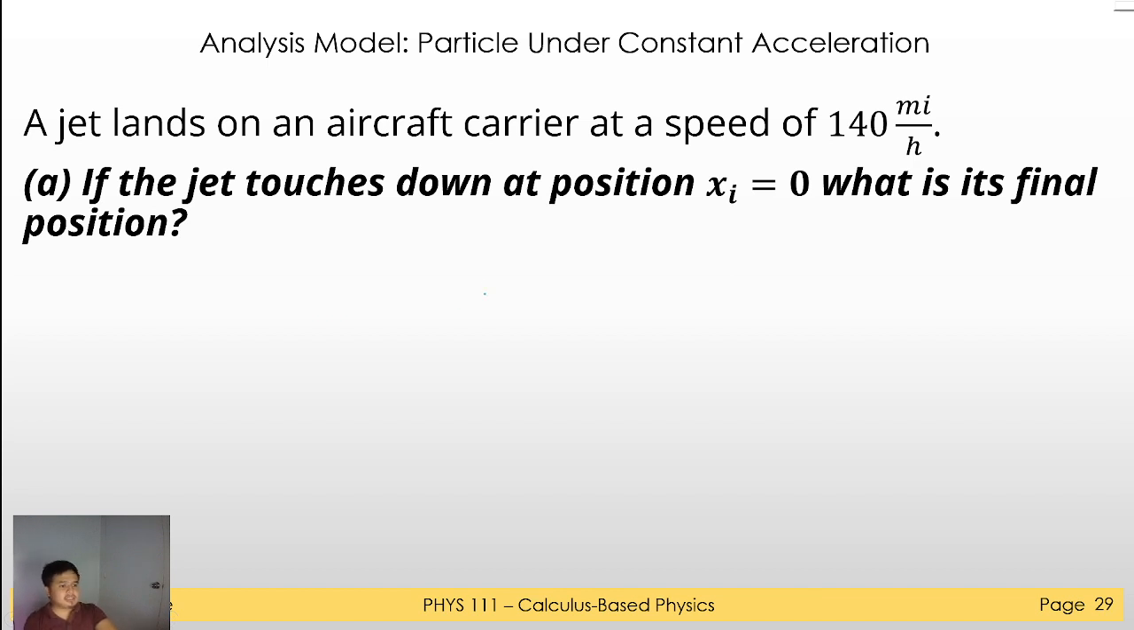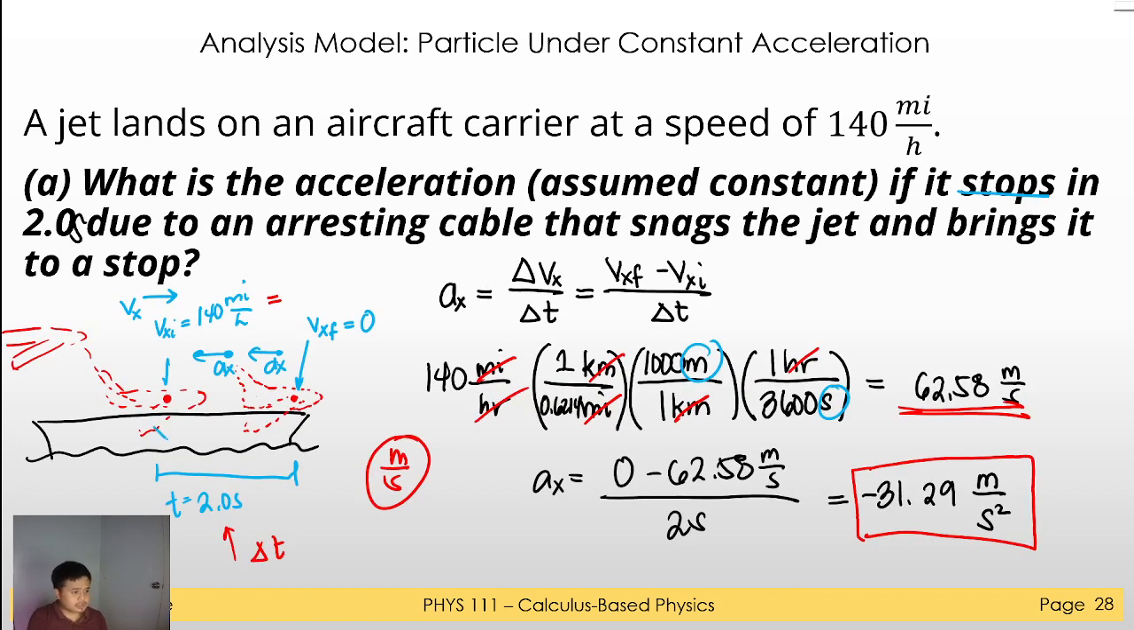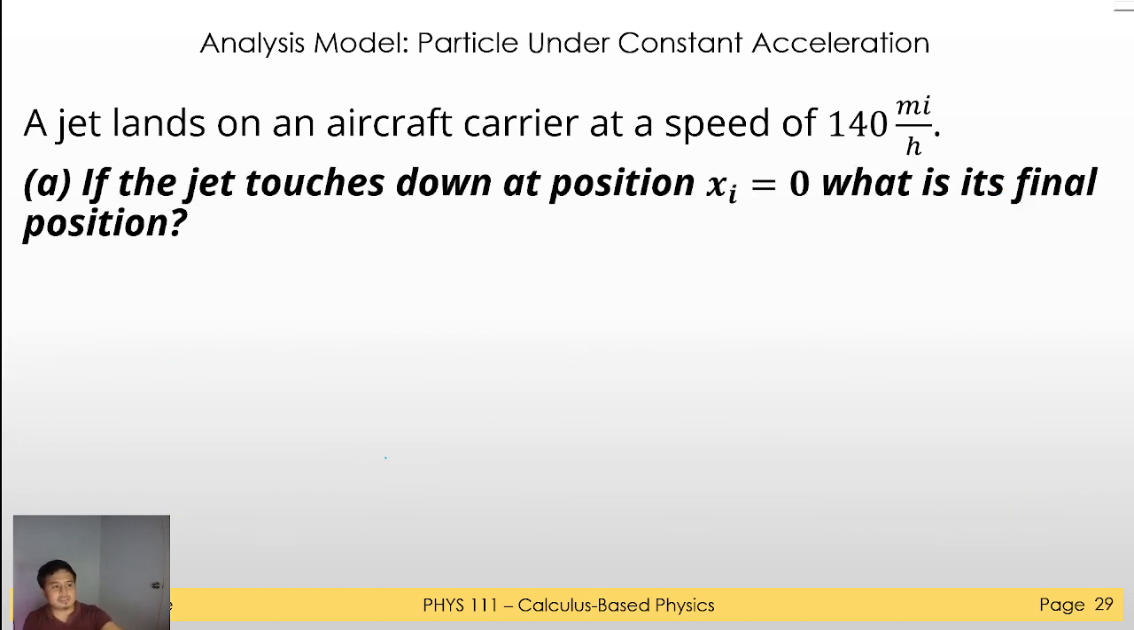If the jet touches down at the position xi equal to 0, what is the final position? If we incorporate the position, let's say this is your xi, this specific point here, what is its final position xf? We could describe this by utilizing our kinematic equations. I did not discuss this, but you should remember this, guys. The final position xf is equal to xi, formula po ito, plus